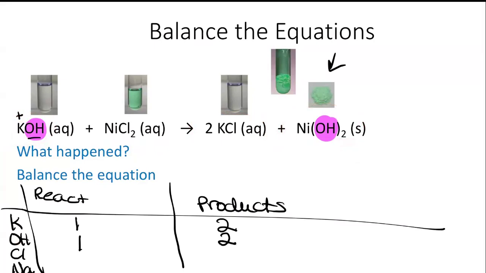Okay. How many chlorines do I have? I have 2. How many chlorines do I have on this side? Hopefully you said 2, because 2 KCl's mean I have 2 of these. I have 2 KCl's. So Cl's I have 2, and Na, dang it,